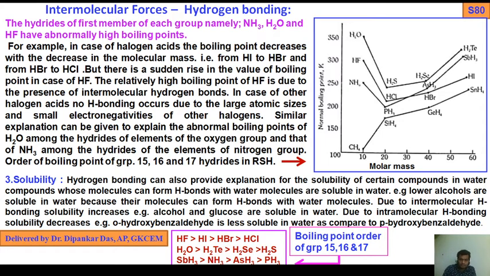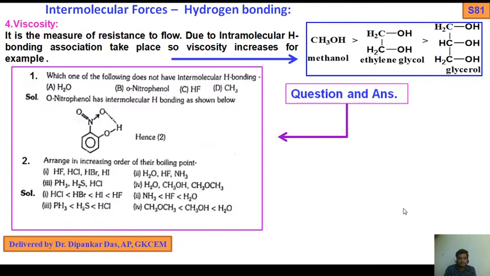Next, move on to viscosity. How does viscosity depend on intermolecular or intermolecular hydrogen bonding? It is a measure of resistance to flow, due to